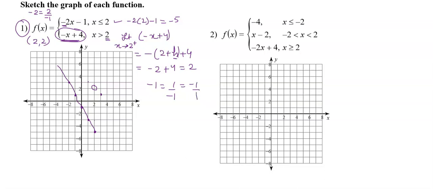It means go down by 1 and 1 to the right. So this means down and this means right. We have gone down by 1 and 1 right. Again down by 1 and 1 right. Again down by 1 and 1 right. And like that it goes on. So the straight line looks like this. This is how the piecewise function looks. Okay, let's come to question number 2.